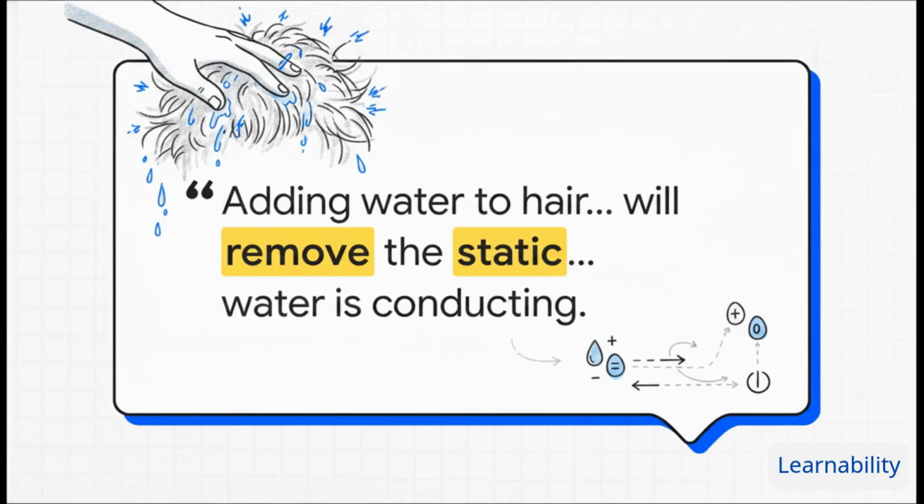Now, what's really interesting about this is how beautifully simple the solution actually is. The source material points out that adding water to frizzy hair removes the static. But why? Well, because everyday tap water or rainwater contains dissolved ions, which makes it electrically conducting. By simply running a wet hand over your wild hair, you provide a conductive pathway. You are instantly neutralizing that chaotic electron buildup, finally giving that electricity at rest a place to go.